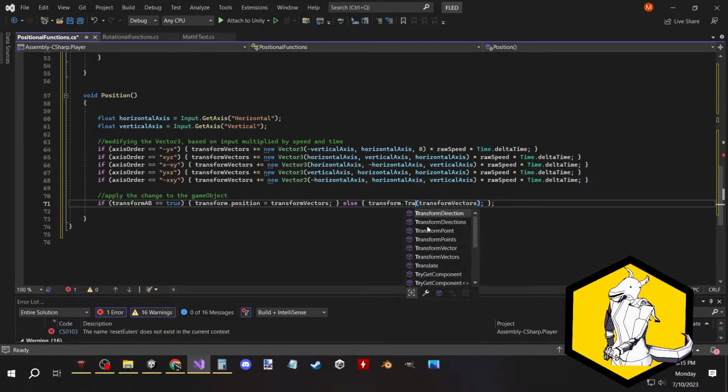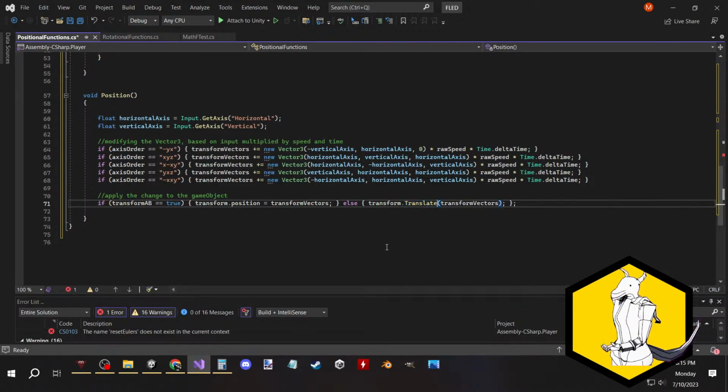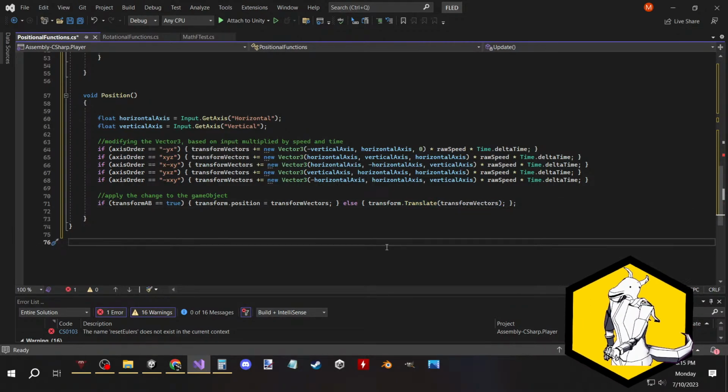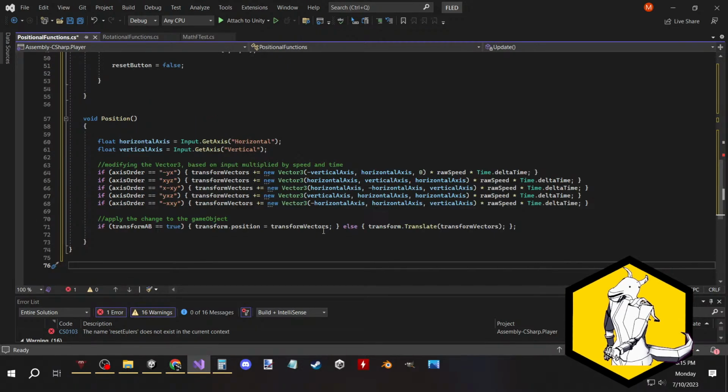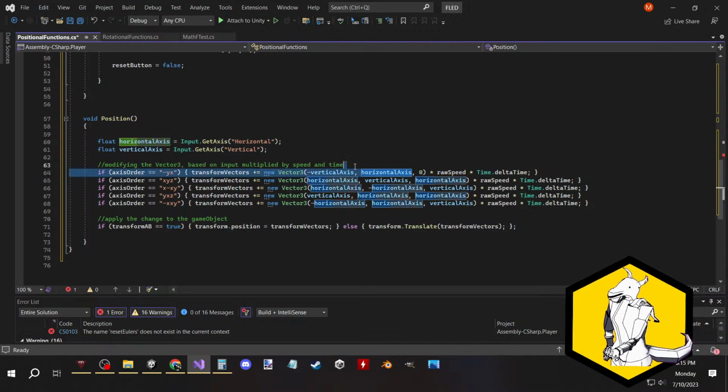Transform. Translate instead. Translate. I don't know if there's a difference, but we're gonna put that in there. I forgot to test it on the rotate. All of this seems pretty accurate, except I think Z needs to have a value instead of